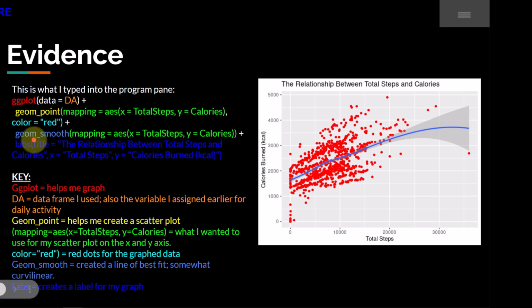The geom smooth helps you put in there something called a line of best fit. This blue line that's going through this is the line of best fit. Labs does what? What do you think that stands for? That's a label, so it's going to label it the relationship between total steps and calories, where X is total steps and Y is calories burned.